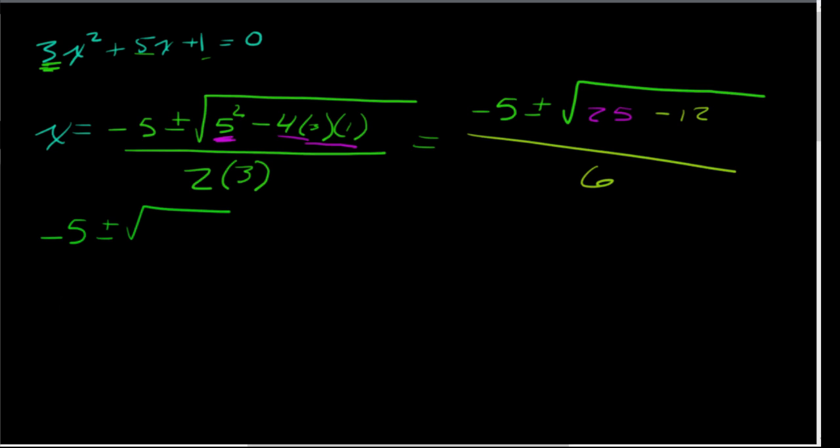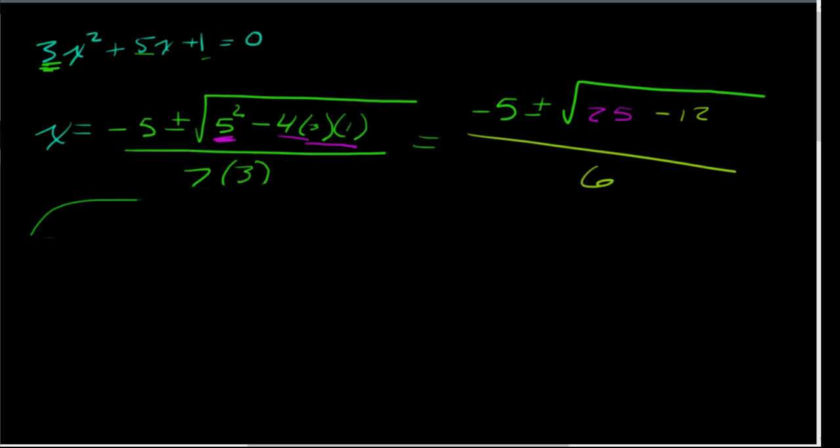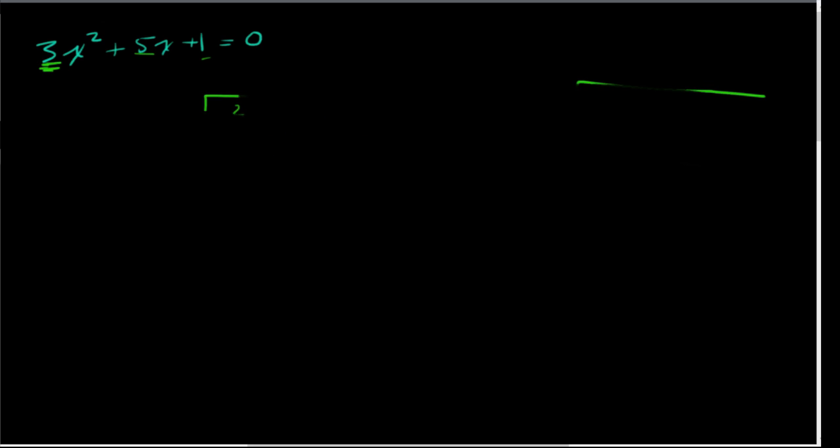25 minus 12 is 13. And we can't go much further than this. 13 is a prime number, so we'll have to just leave it here. And this is our x. Notice there's two answers within this. It's negative 5 plus square root of 13 and negative 5 minus square root of 13. Okay. 23